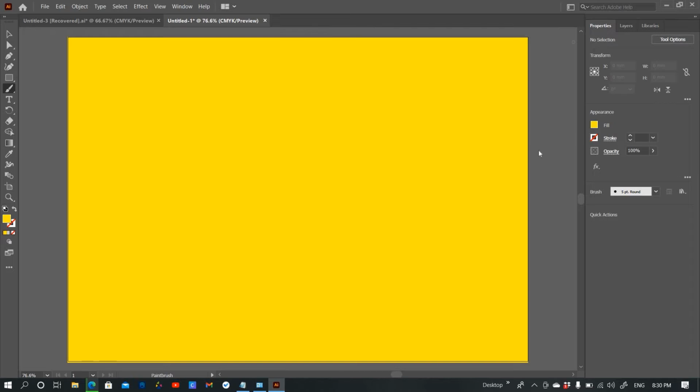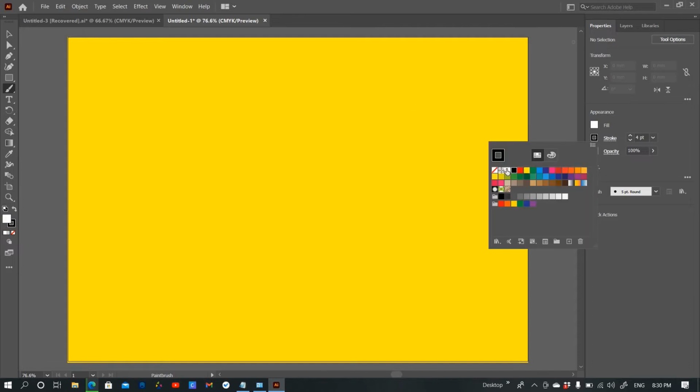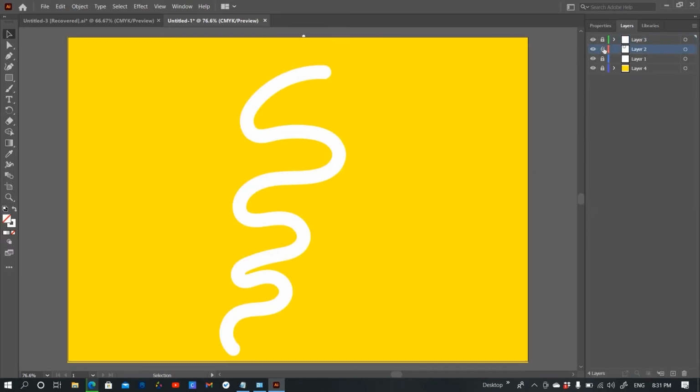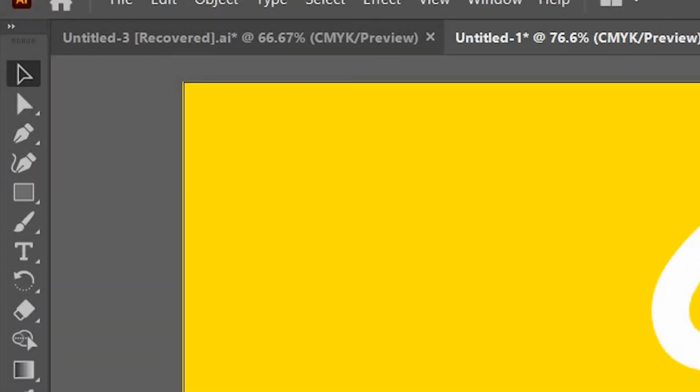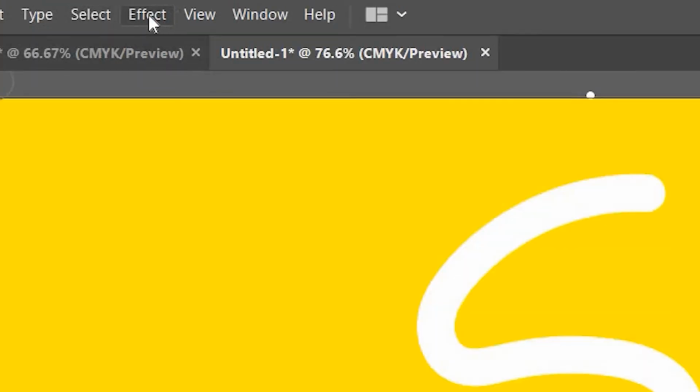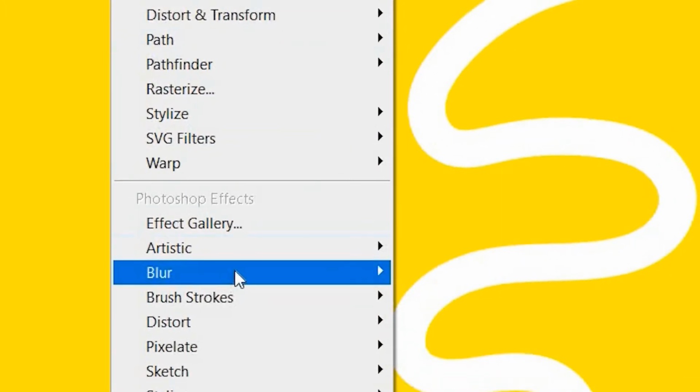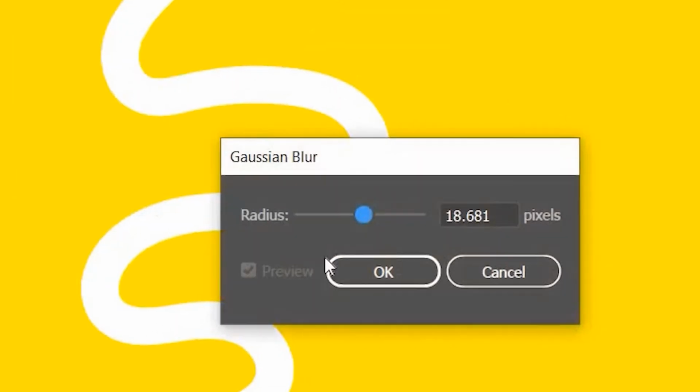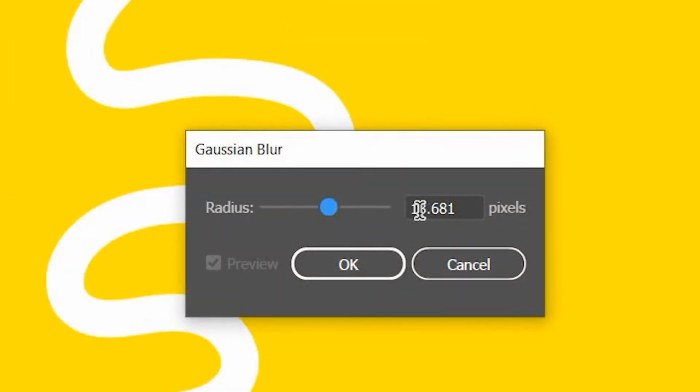Okay, now I'm going to show you how to do a glow effect in Adobe Illustrator. Okay, let's draw something. I want white color. Choose your white color. Now I'm going to show you how to do the glow effect in it. So you have to go to the second highest layer you have here, and then choose your brush. Go to Effect, Blur, Gaussian Blur, and from here you have to select the radius